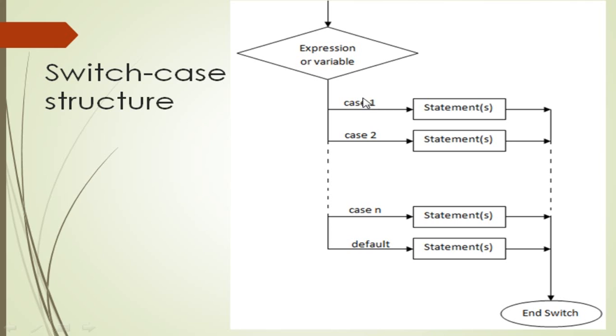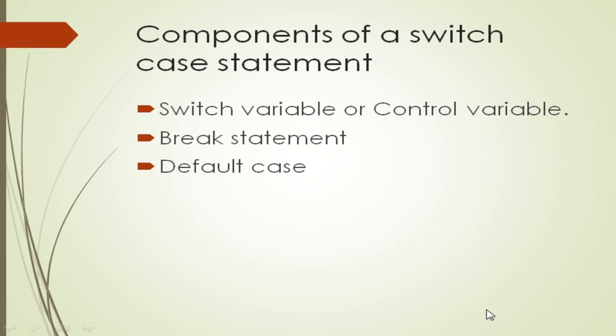If the variable is not equal to 1, then it will move on to the next case, that is 2. If it is true, it will execute the statements and then come out of the block. So it goes on like this till the end. If the switch variable is not equal to any of these cases, then finally you have a default case which will display the wrong choice message. So it's like the else part in the if statement. Then after that it will close the switch block and execute the remaining set of statements.